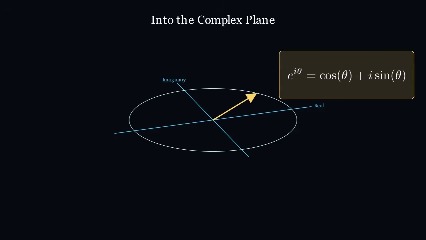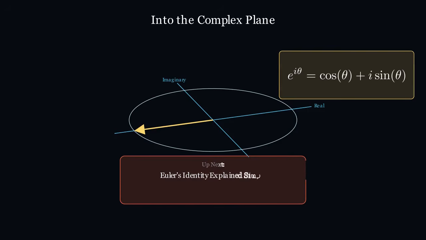When we allow the exponent of e to be an imaginary number, the straight-line exponential growth is forced to rotate. This rotation curves the graph into a perfect circle on the complex plane, linking the constant of continuous growth with the geometry of circles and trigonometry. This remarkable intersection of growth, rotation, and pi creates a profound mathematical relationship, and the only way to resolve this geometric transformation is by clicking on the next video about Euler's identity explained simply, the most beautiful equation ever.